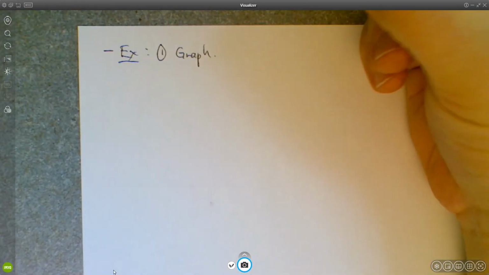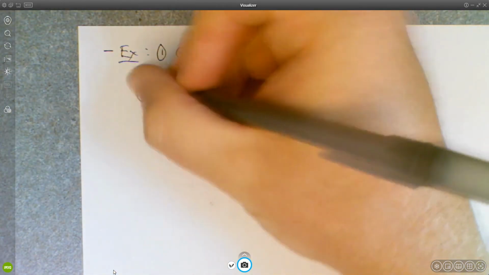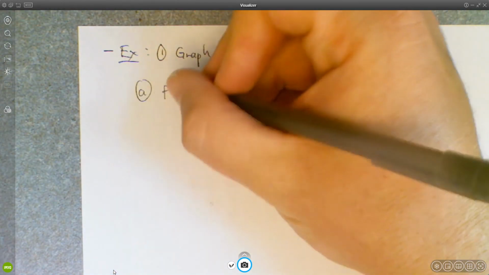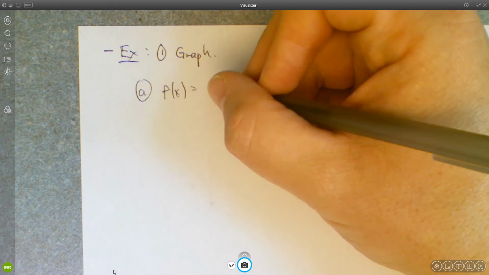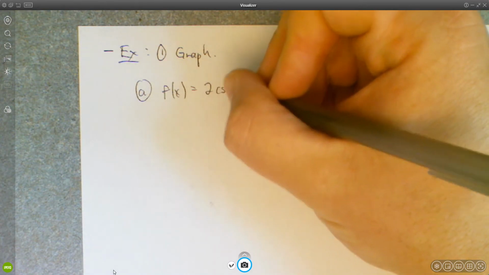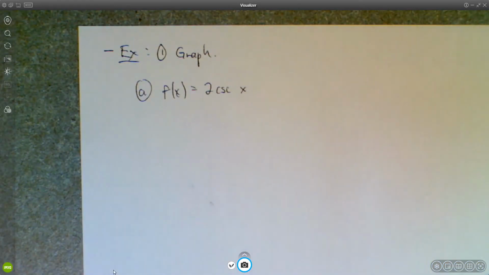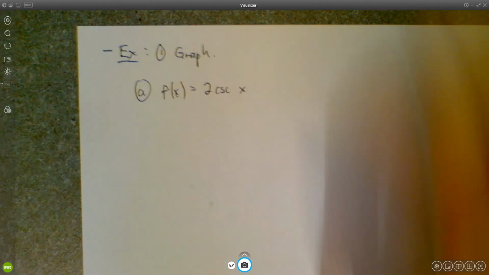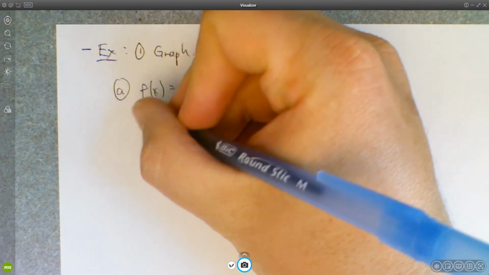So let's graph a few things. Let's do f of x equals 2 cosecant x. And I'll give you two methods for this, I suppose. So method 1